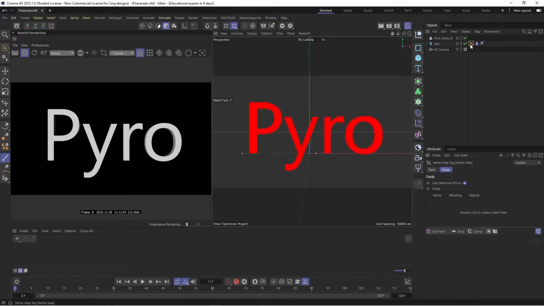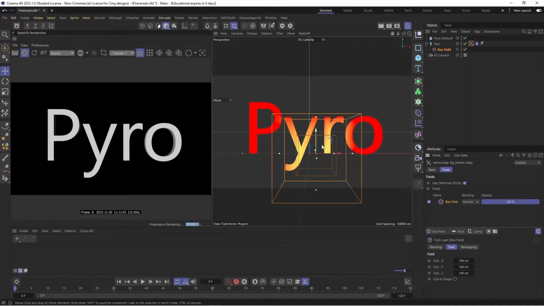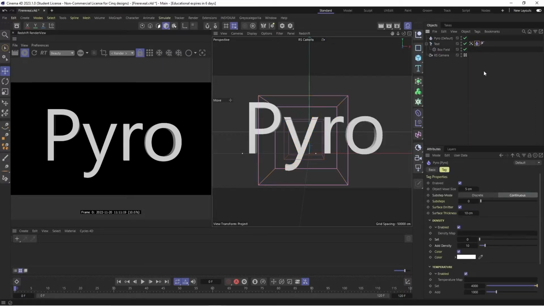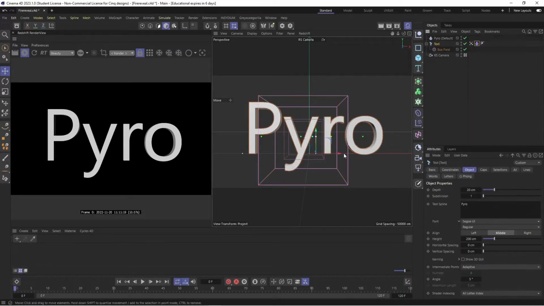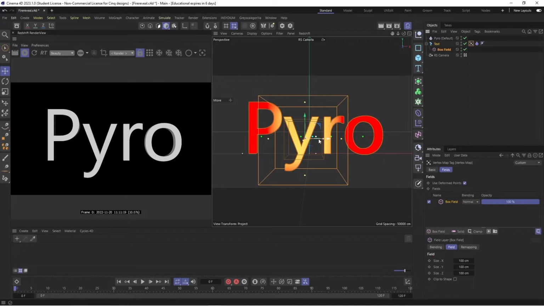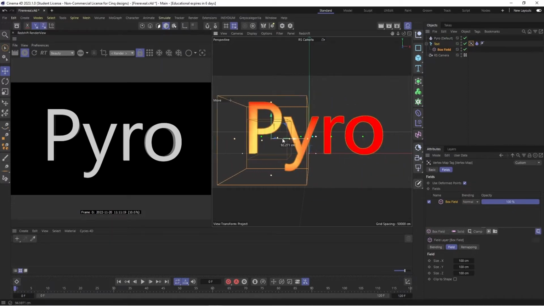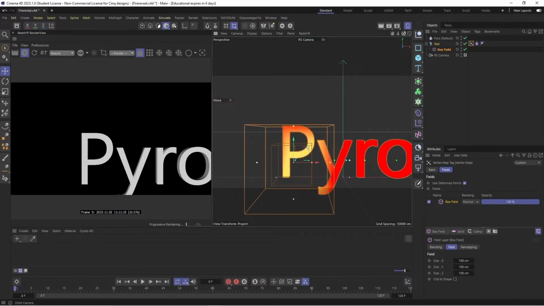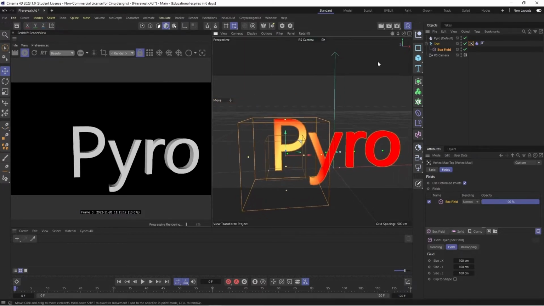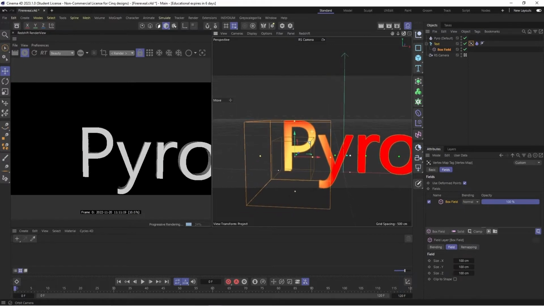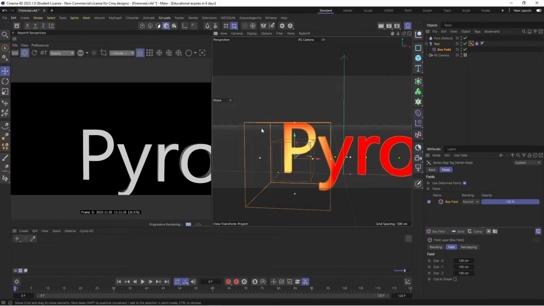But what's cool is that if we go here and add a box field, this yellow area is where the field will burn, where the Pyro tag will burn the text. So it affects it that way. I don't know why that works that way, but it does. So we're just gonna go here. What we want is the fire to burn across the letter to make it seem like it's burning it into